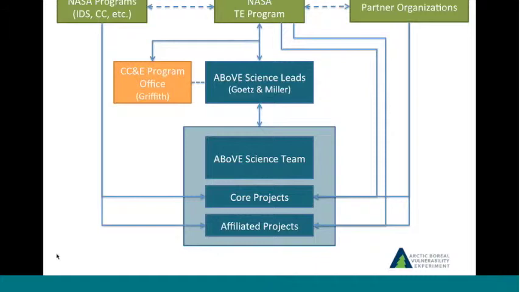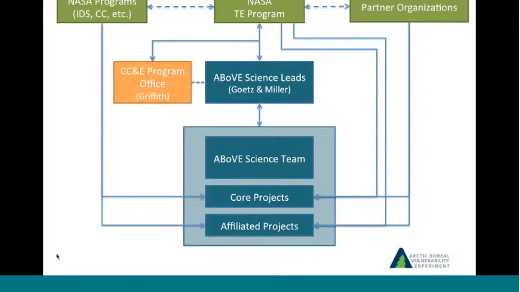In terms of organization, Above is run out of NASA's Terrestrial Ecology Program, and Hank Margolis is the program manager, following in the footsteps of Diane Wickland, who was the program manager there for some 30 years. So Hank has big shoes he's filling at this point, and also Eric Kasischke is doing a stint at NASA headquarters, so that's in the Terrestrial Ecology Program. And then, as I mentioned, there are these other NASA programs, Interdisciplinary Science and Carbon Cycle Science, that will support Above activities as well as partner organizations.